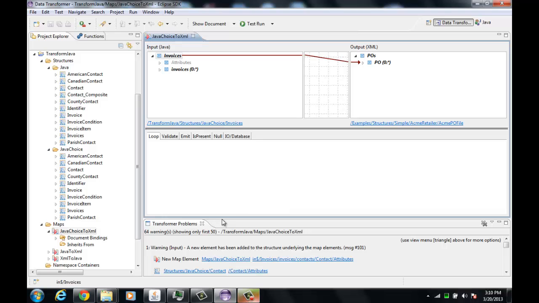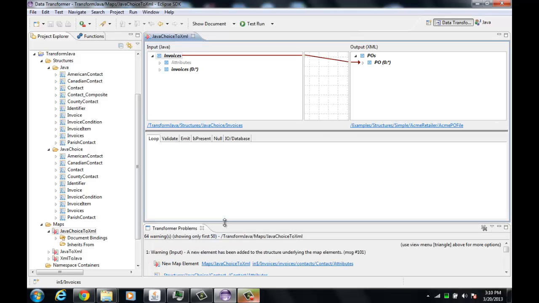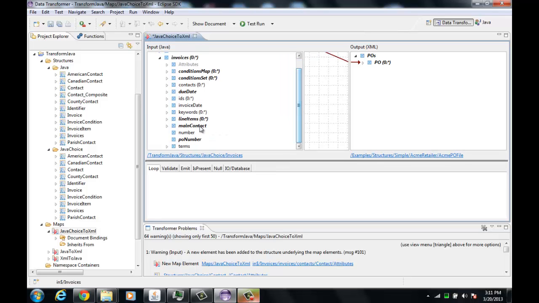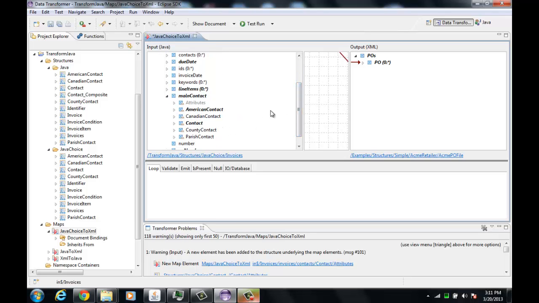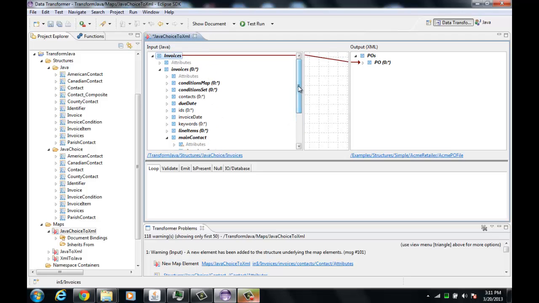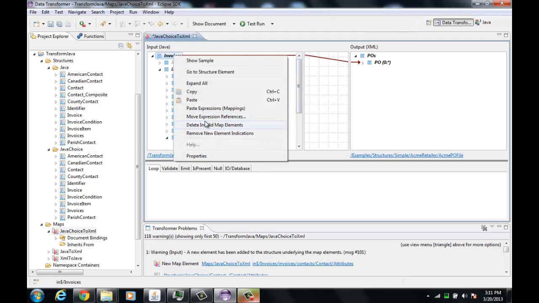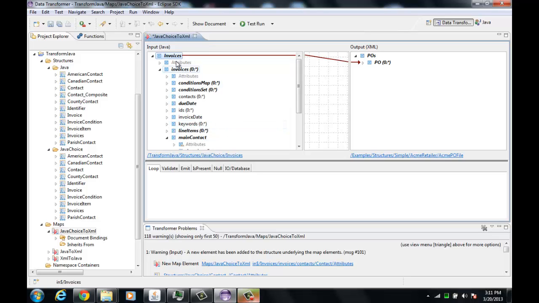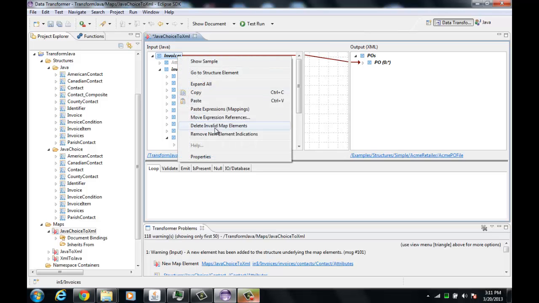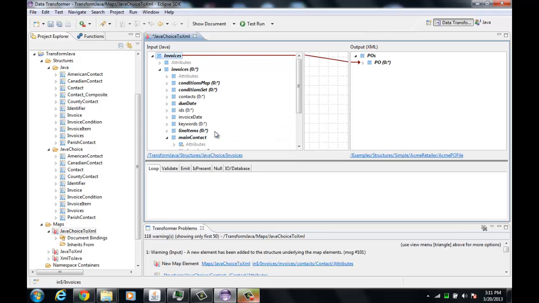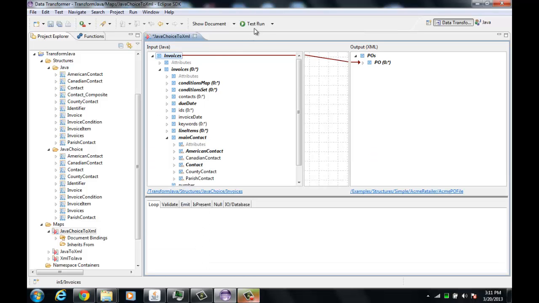And it gives you a bunch of warnings if there's discrepancies between the structure and the underlying map elements, which there are because the structure is generated in a different way. These warnings have to do with things being added or things being removed. So we'll clean up these warnings by deleting invalid map elements, so elements that have gone away in the structure, and we will remove any new element indications. So now if we execute,